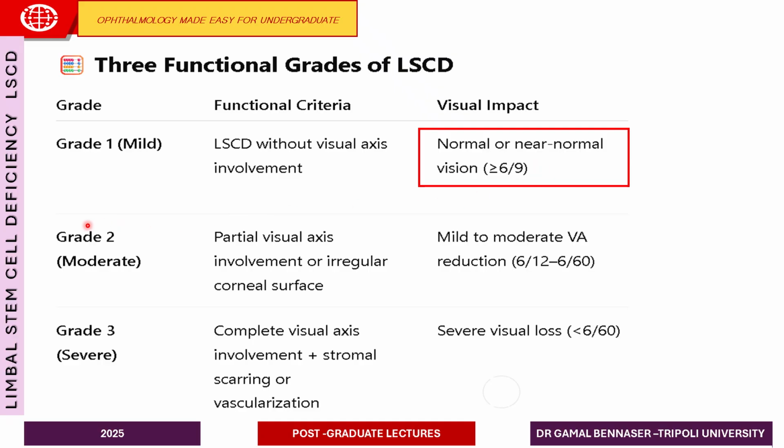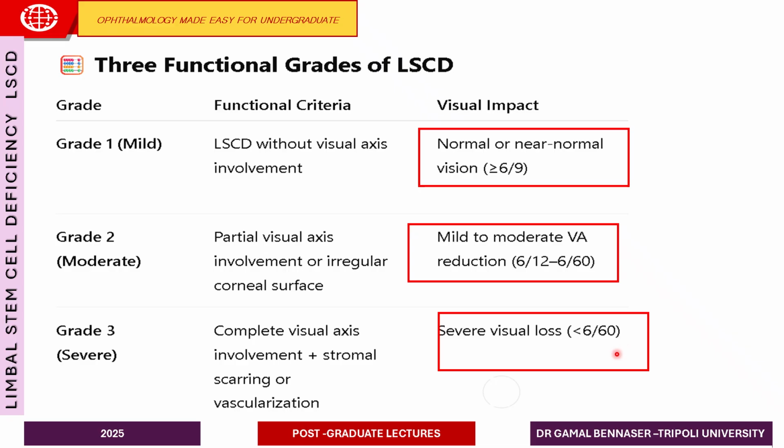However, in grade 2, there is partial affection of the central 5 millimeter of the cornea, and the visual axis will be partially involved, so the patient will have reasonable visual function, between 6/12 to 6/60. Now, grade 3, which is the severe one, involves the central 5 millimeter and the visual axis area totally. So there will be marked, profound affection of the visual function of the patients, and the vision will be 6/60